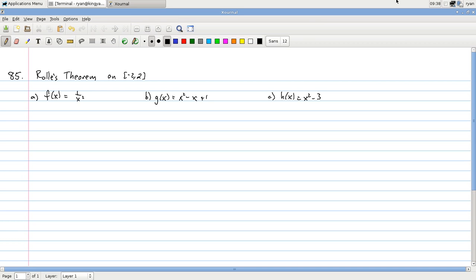Problem 85. Determine whether or not Rolle's theorem applies to the given function on the interval -2 to 2, and find any values of c guaranteed by Rolle's theorem. So first, recall that Rolle's theorem